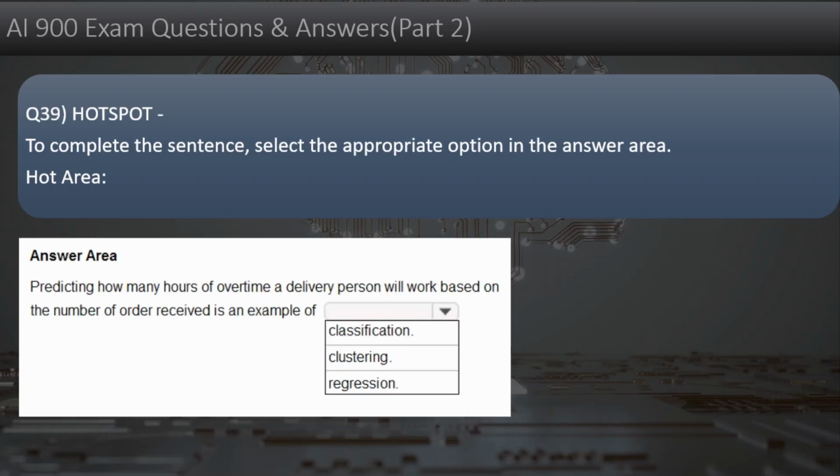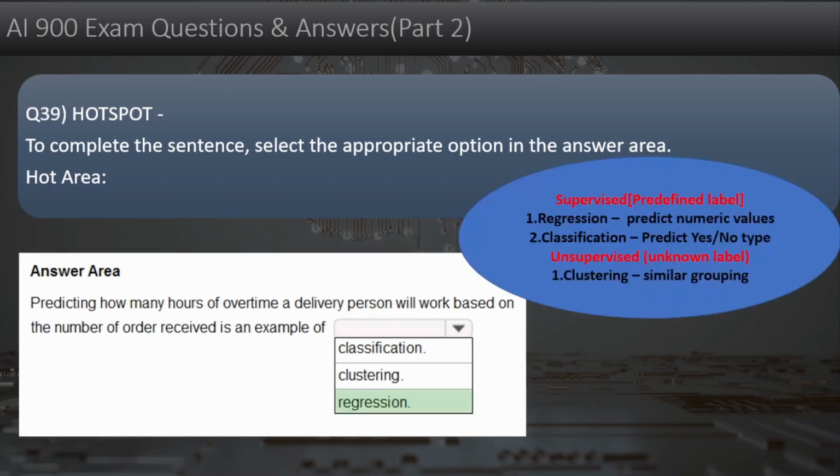Question 39. Predicting how many hours of overtime a delivery person will work based on the number of orders received is an example of the following: classification, clustering, or regression. For this, we have to know what each means.